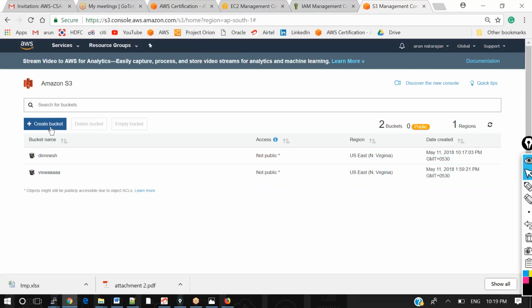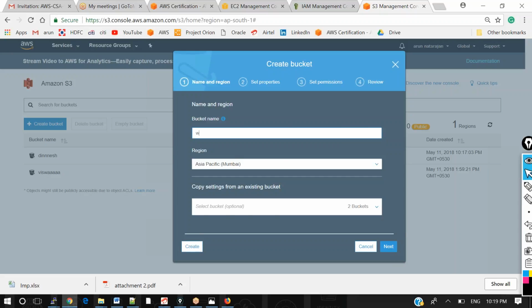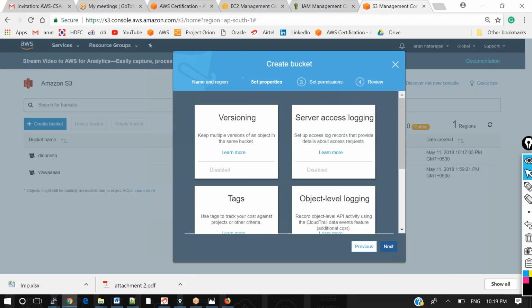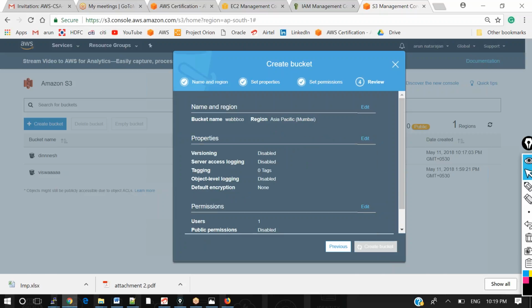If you want to create it from the console also, you can. Let's say here I would like to create one called Webco. I am creating it with the default settings.